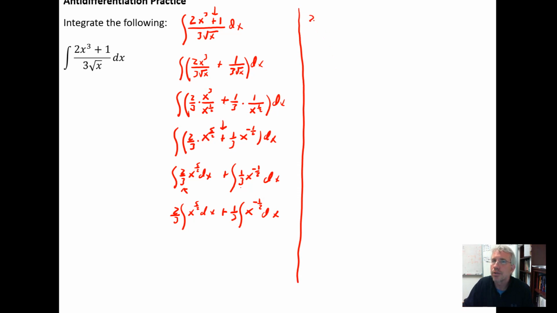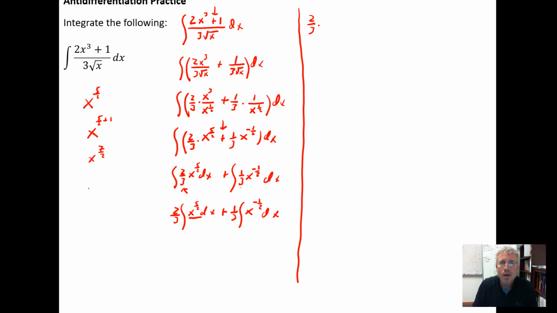So we're going to get 2/3 times, I need to integrate x to the 5/2. Here's the guy that needs to be integrated. We need an antiderivative of this. So if we were differentiating this, what we need to think about is the fact that we would use the power rule and we would decrease the exponent by 1. But integration works backwards. So instead of decreasing the exponent by 1, you're going to increase that exponent by 1. So to add 1 to it, we're really adding 2/2. So we're going to get x to the